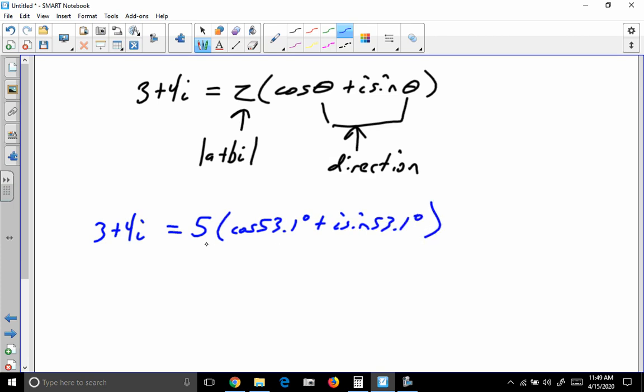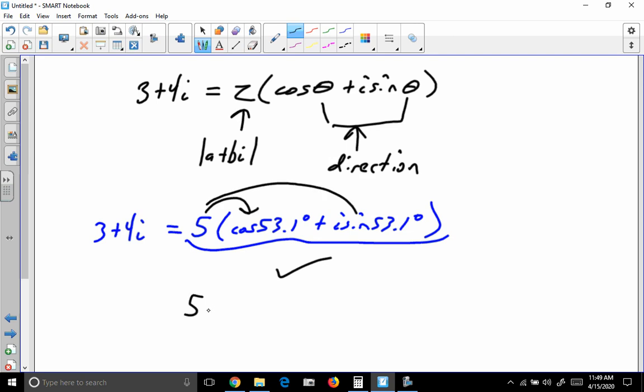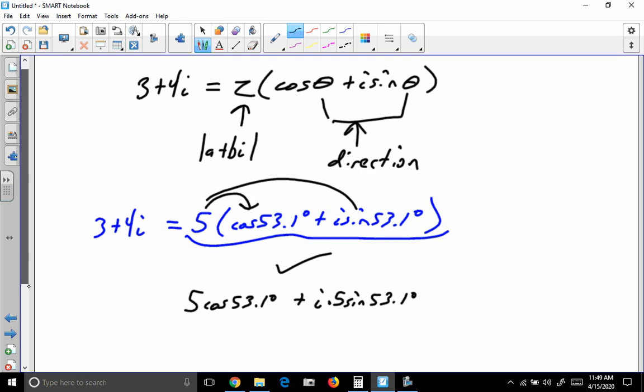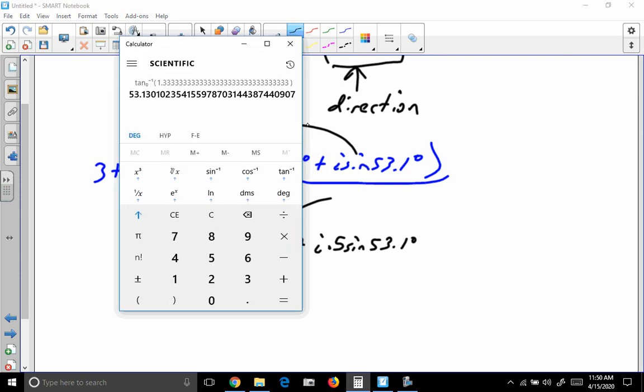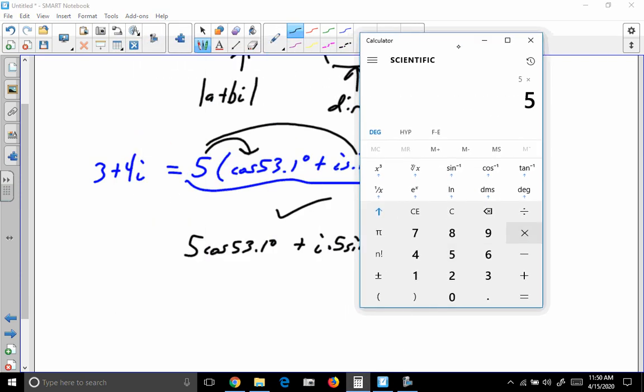53.1 degrees. And if you watched the lecture video, then you may have seen the derivation of why that's the case. So let's check. How would we check to see if that's true? So we want to distribute this out. We would have 5 times cosine 53.1 degrees plus i times 5 sine 53.1 degrees. And we want to see, does that make 3 plus 4i? So if we do 5 times